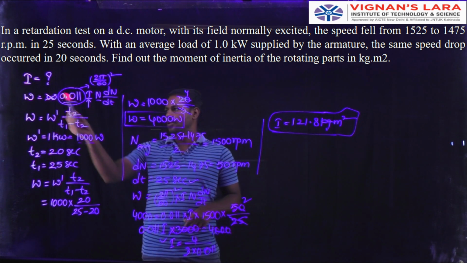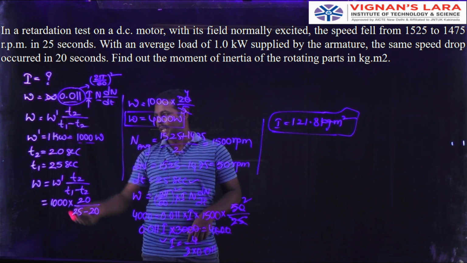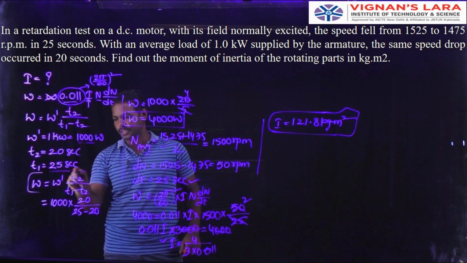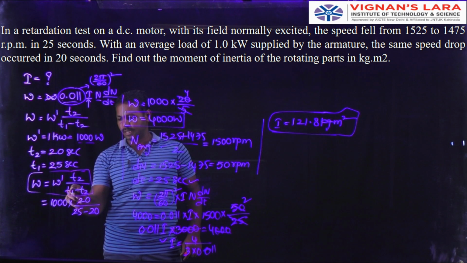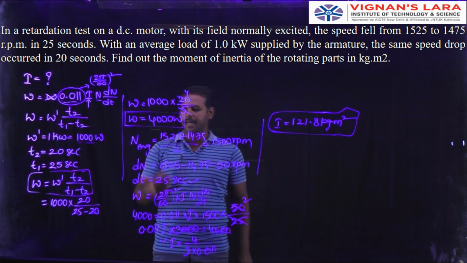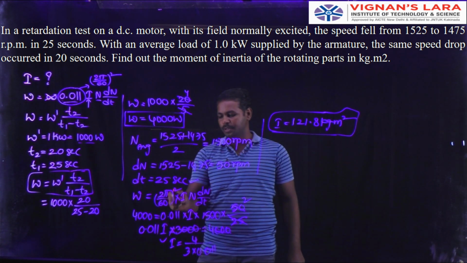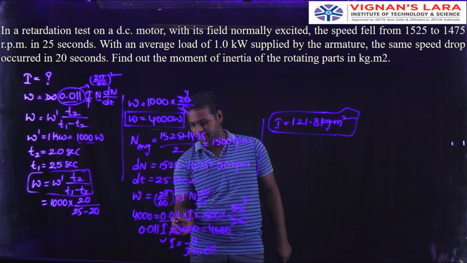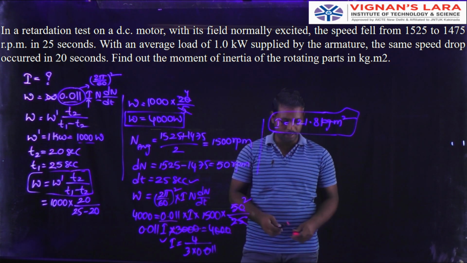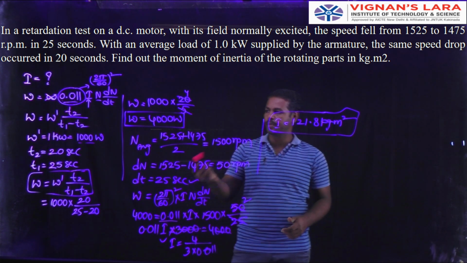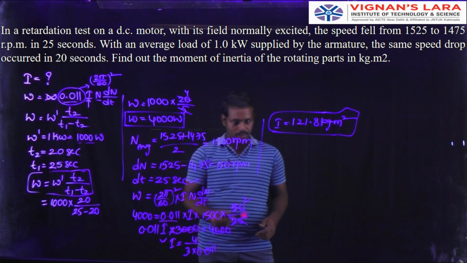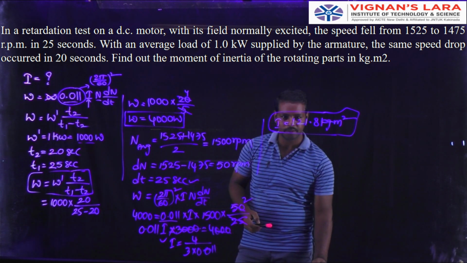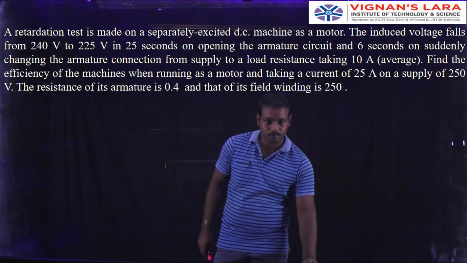So that's why IE is to be calculated by using the given expressions. All of you remember these two expressions. One is W is equal to W dash into T2 divided by T1 minus T2. The second one is W is equal to (2 pi by 60) whole square into I into N into dN by dt, where 2 pi by 60 squared is replaced with 0.011. So previously we could find out the stray losses. The second one is the moment of inertia of the armature.